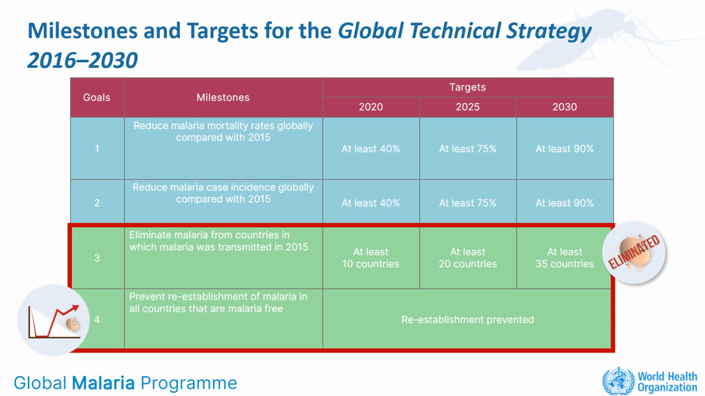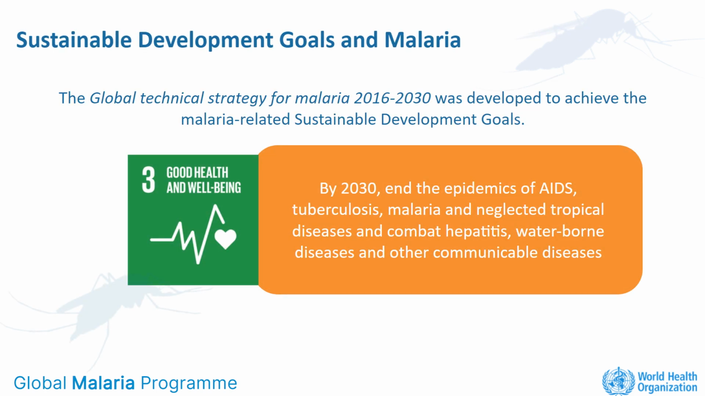prevent that from happening. It is important to understand how malaria elimination contributes to the achievement of broader development goals. This can be an important advocacy point with governments. The Sustainable Development Goals, SDGs, are a collection of 17 global goals designed to be a blueprint to achieve a better and more sustainable future for all. The SDGs were set in 2015 by the United Nations General Assembly and are intended to be achieved by the